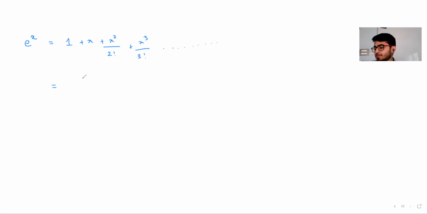This can also be written as summation x to the power k by k factorial, where k runs from 0 to infinite. If you put k as 0, x to the power 0 by 0 factorial, which is nothing but 1. If you put k as 1, it will be x by 1 factorial, which is nothing but x, and so on. So this is the e to the power x expansion. Again, where this is coming from is not important for us. This is the result which you're going to use. Again, this is something which should be there in the actual tables as well.